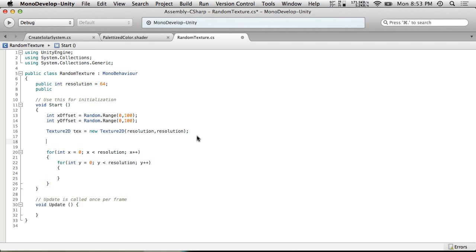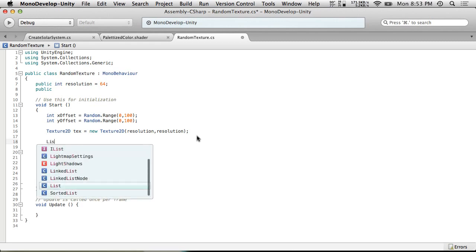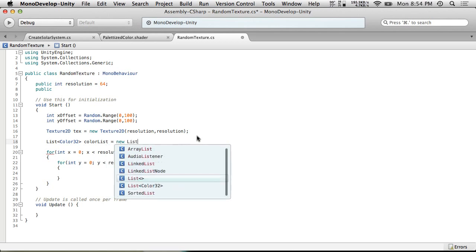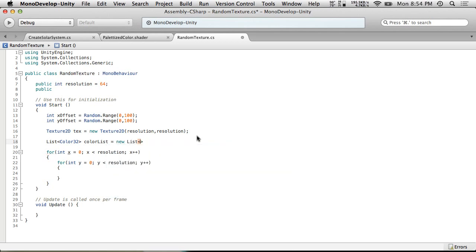I know there's a method from array to list. I didn't know there was one from list to array. Yeah, you can initialize a list with an array, and you can also do a toArray command on a list. So, list of Color32s called colorList equals new List<Color32>,